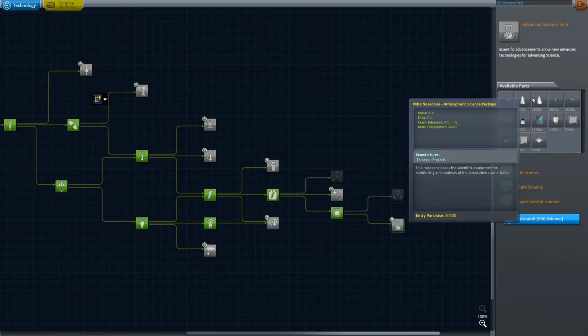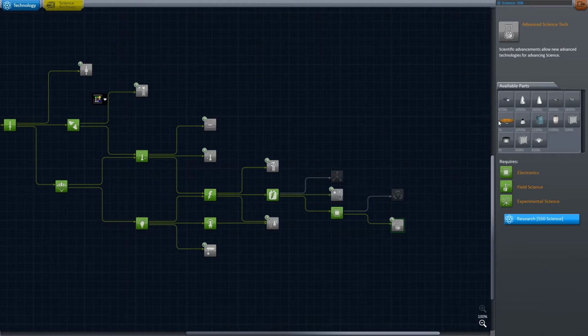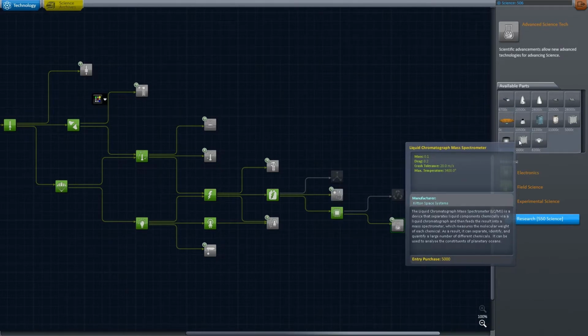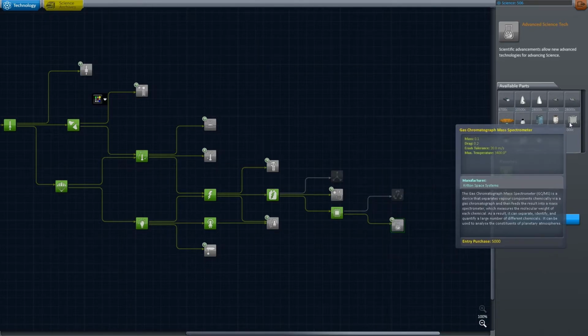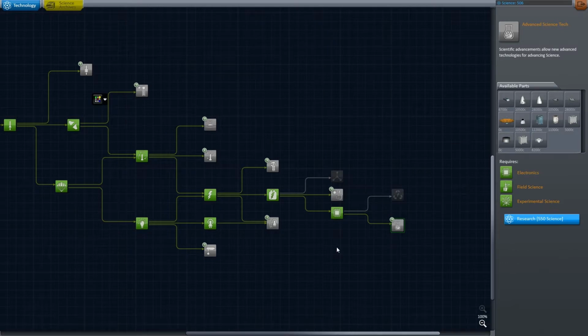Okay, that's weird. Some sensor packages. A science laboratory. More sensory stuff. Inline refinery. Liquid chromatograph. A refinery. Is there a gas spec here too? Liquid and gas spec. So yeah, that would be...